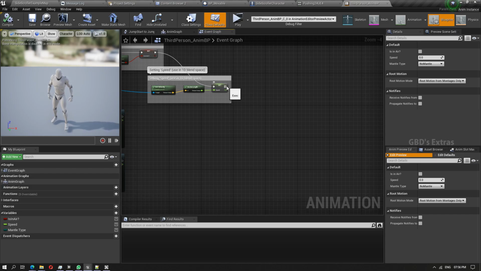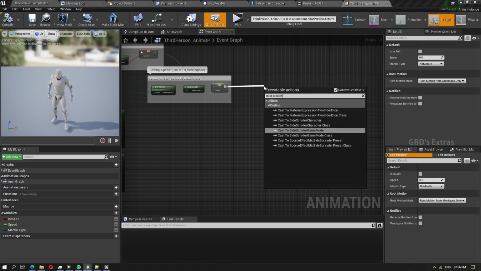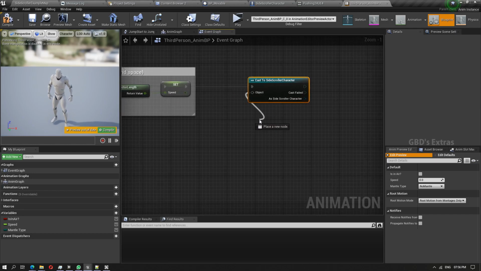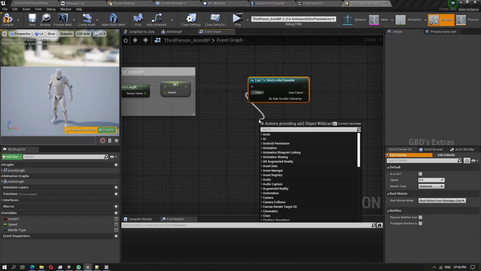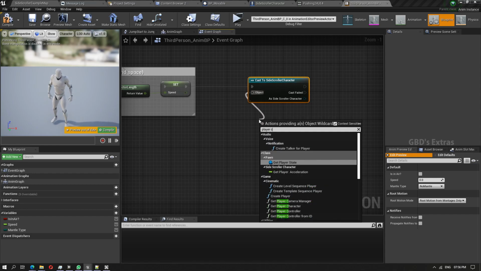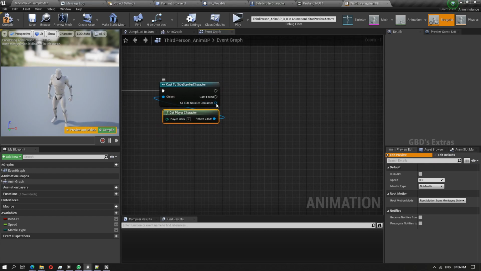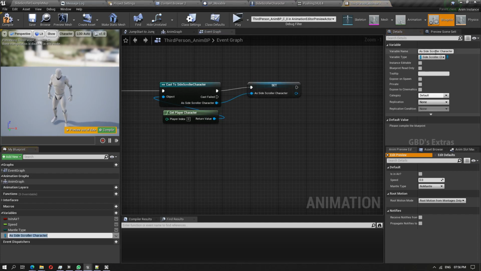First I'll create a reference to my side scroller character. We can do it directly here without creating a variable, but it's better to store the player reference in a variable so that we can use it on further sessions if we want to add more animations here. So I'll promote this to a variable. I'll name it player,